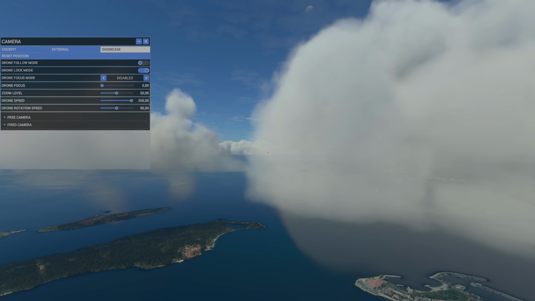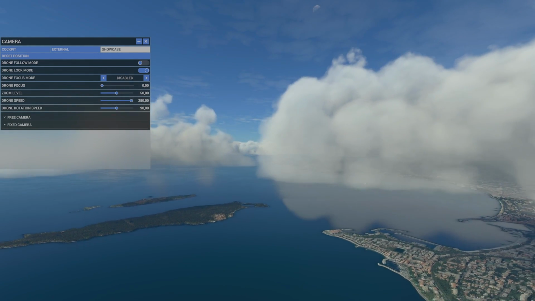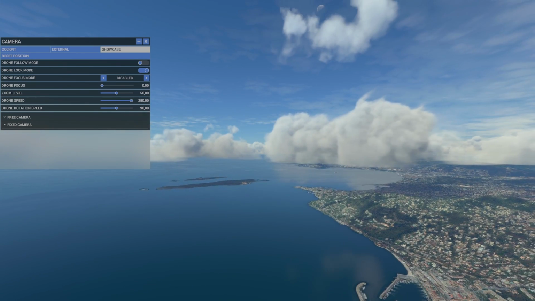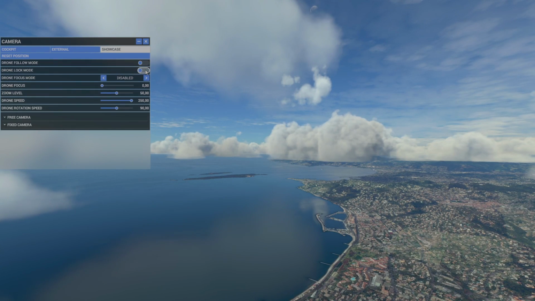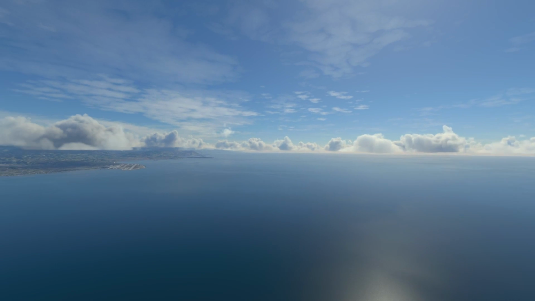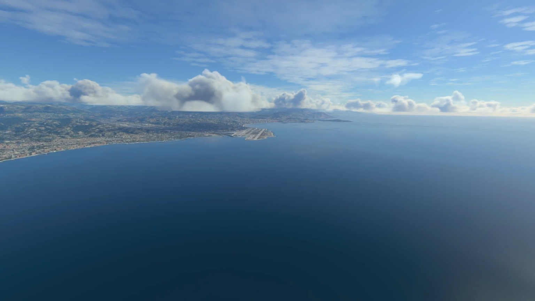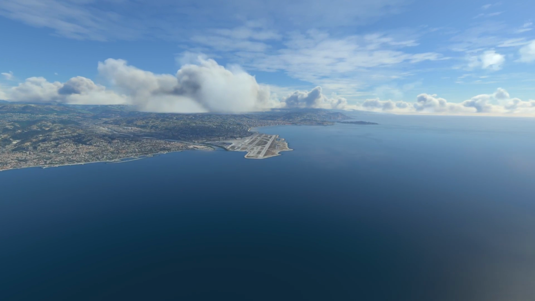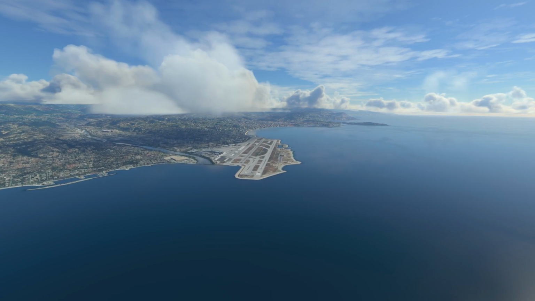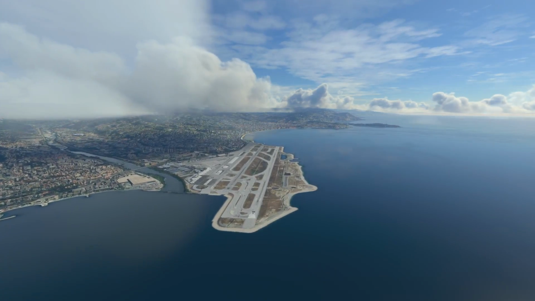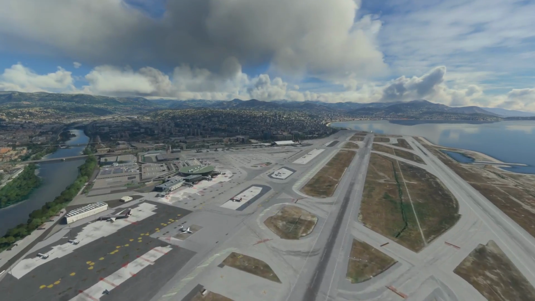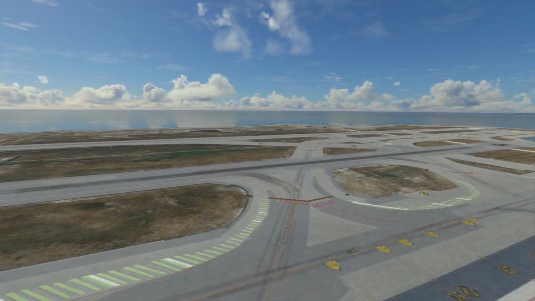So I am increasing my drone speed to the maximum because we are a bit far from the airport, a couple of miles away. And here I realized that I don't need the lock mode on, because you will see the aircraft is going to land by itself. So we don't need to take care of it at all. We just need to take care of the best position for the camera.